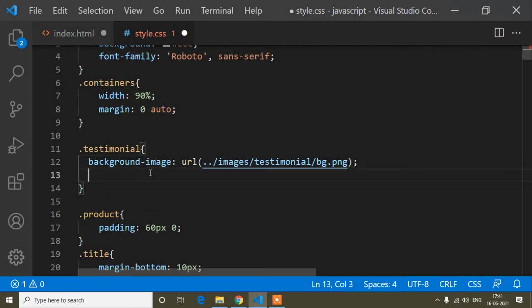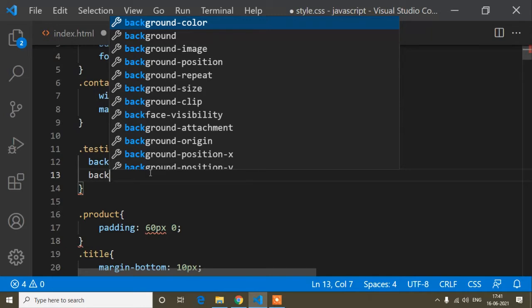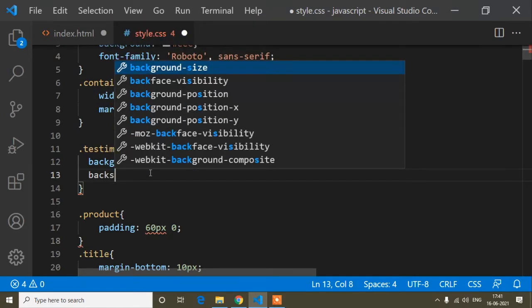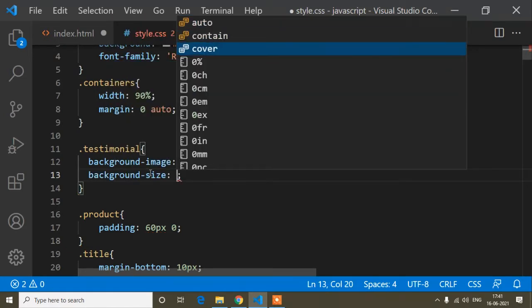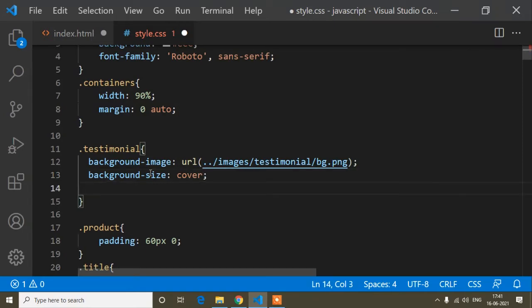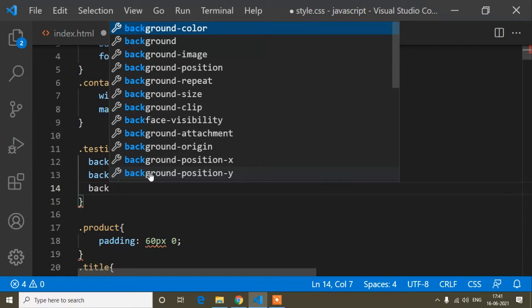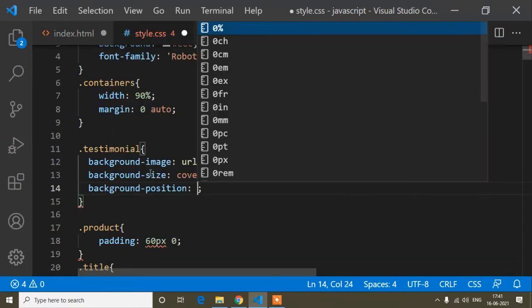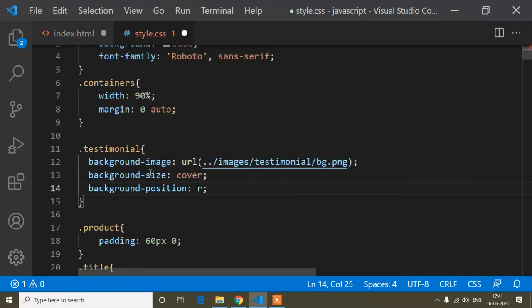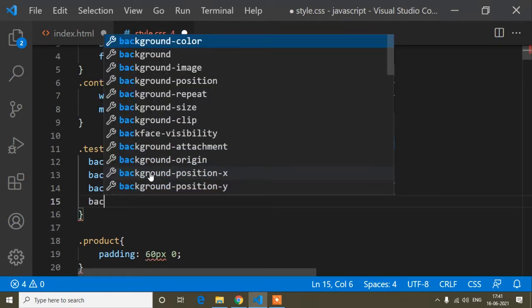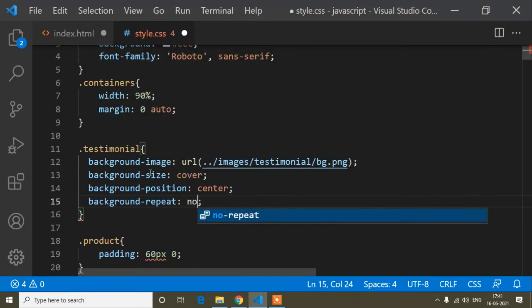When we write background-image, we also write some other properties. Background-size is cover, and I will explain the use of this CSS property. Background-position is center, and background-repeat is no-repeat.